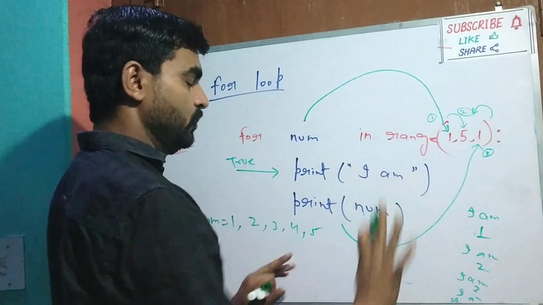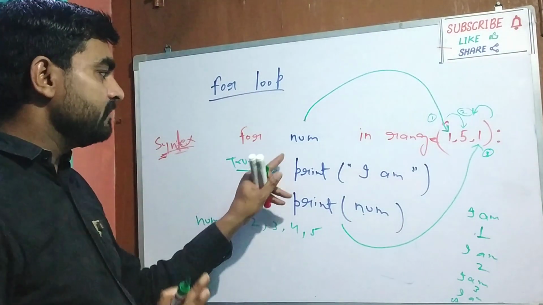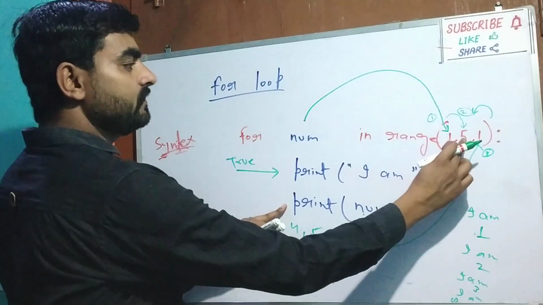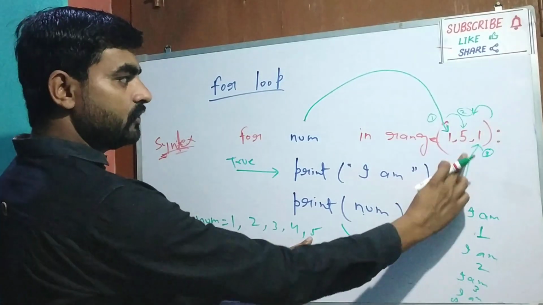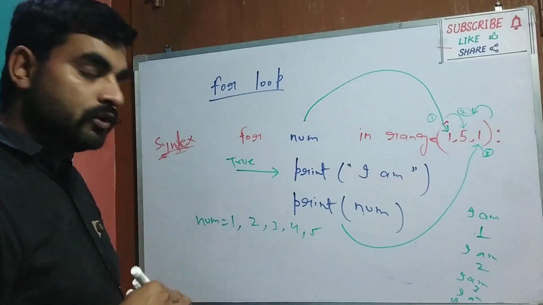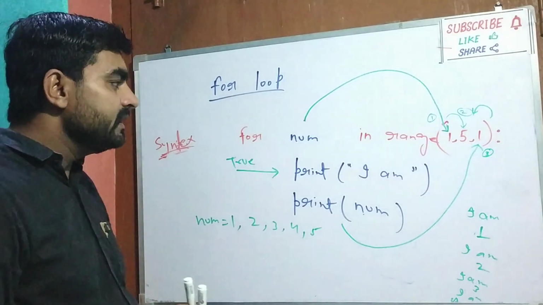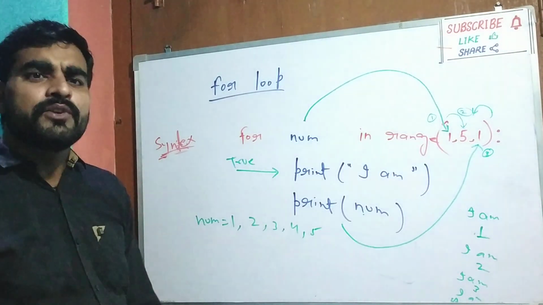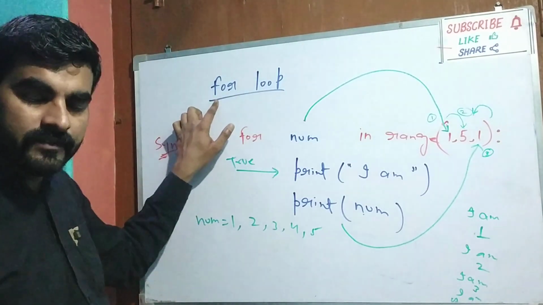5 less than 5, no. So this statement will not happen, because 5 is not less than 5. So the condition will not be true, and the condition will be false. So I hope student that this example will make it easy for you to understand how the for loop works.